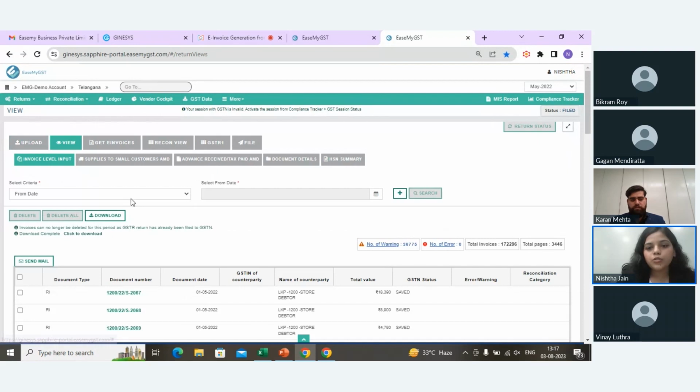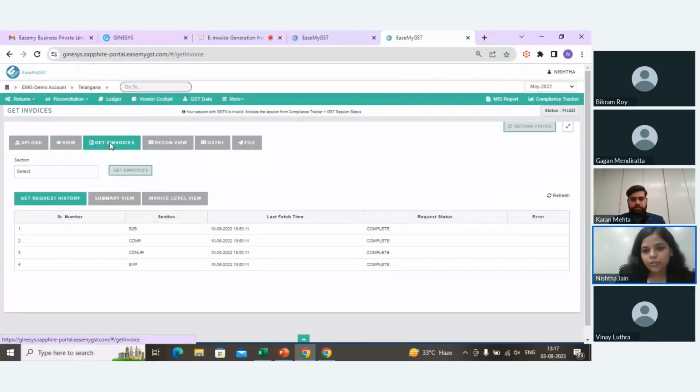Once you have validated the data, then the main process of e-invoice reconciliation is there, which is the main agenda of ours. So we are giving this webinar because we have to explain to you what the e-invoice reconciliation is. Let me first clear up why we are doing the e-invoice reconciliation. As you all already know, for e-invoicing we are reporting our sales. We are providing the sales